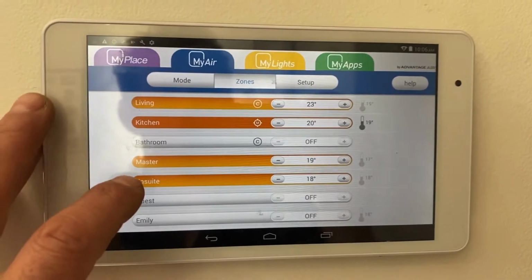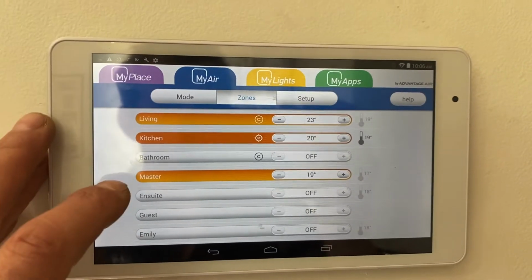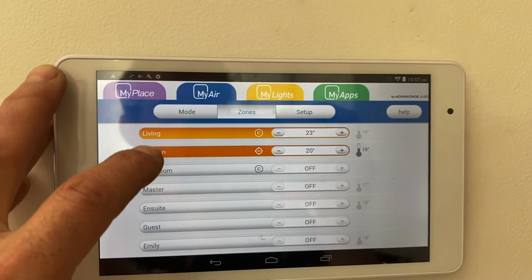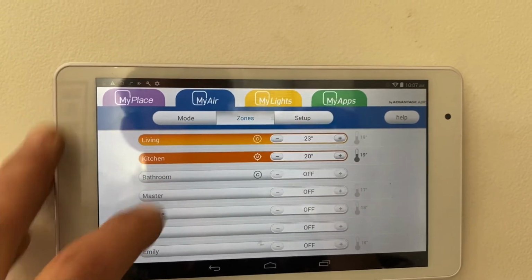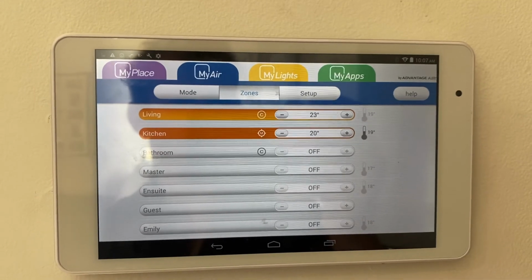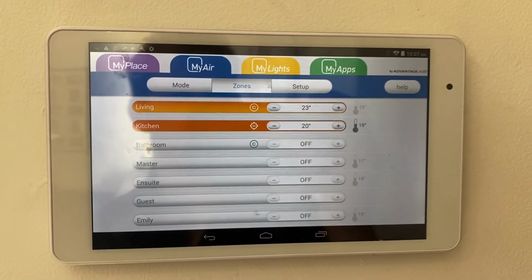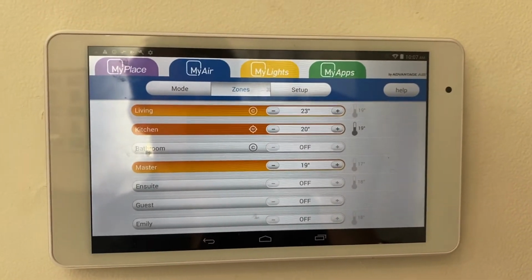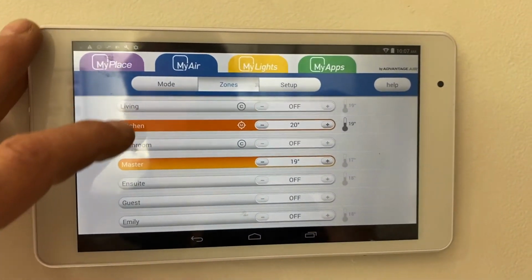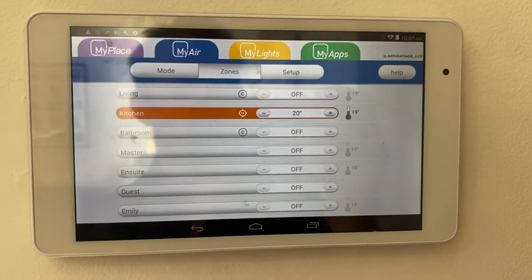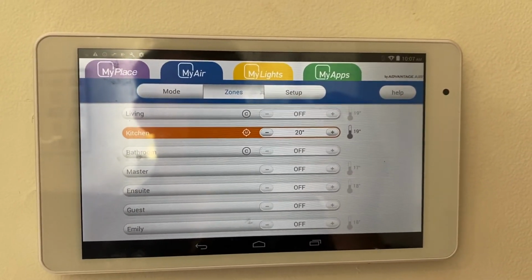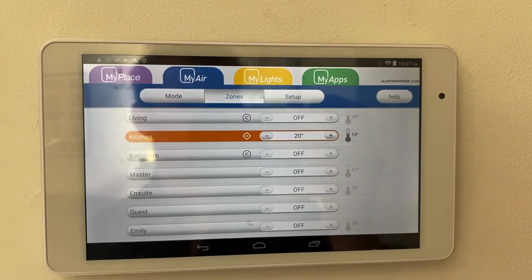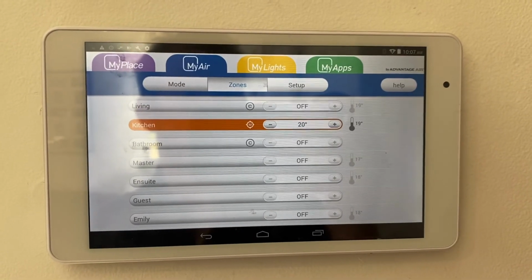So what happens is, if we've got enough zones open, the constants won't activate. But if we close off too many zones, you'll find the C, or the constant zones, will actually activate and open up. If they're closed, they'll automatically turn on. So you actually have no control over that part, and it's there purely as a safety function to ensure safe operation of your system. And it doesn't look for temperature when it's activating that C mode. Its only purpose is to ensure safety of the operation of the system.